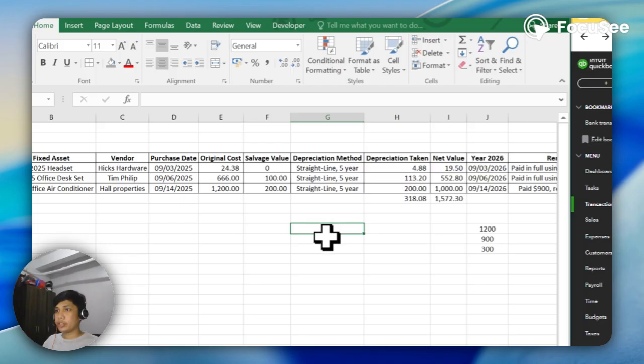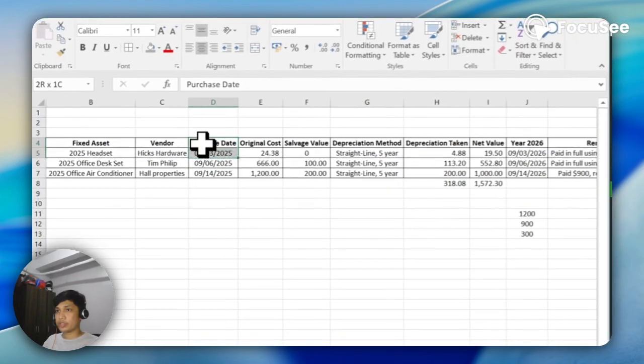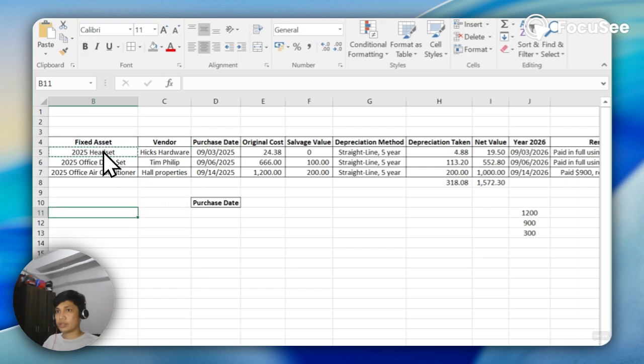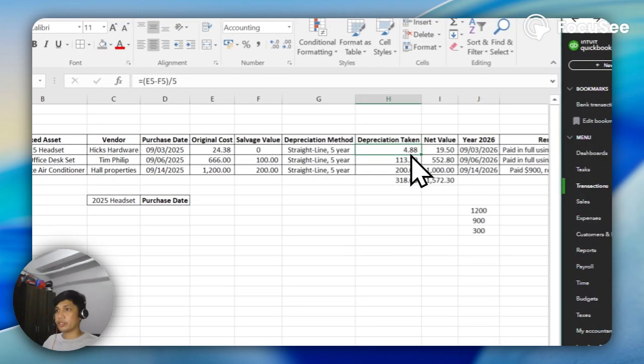So let's have a sample here. This was the purchase date for the headset, so that you can imagine what I'm saying. This is the depreciation.